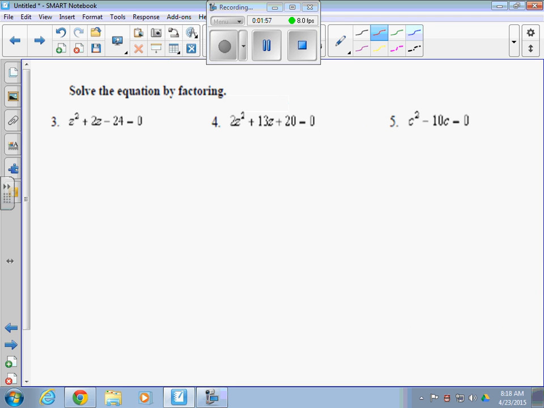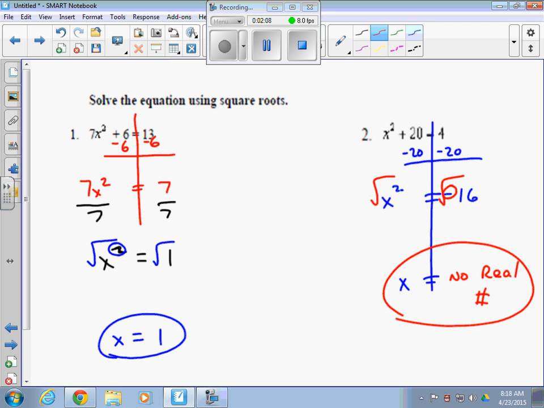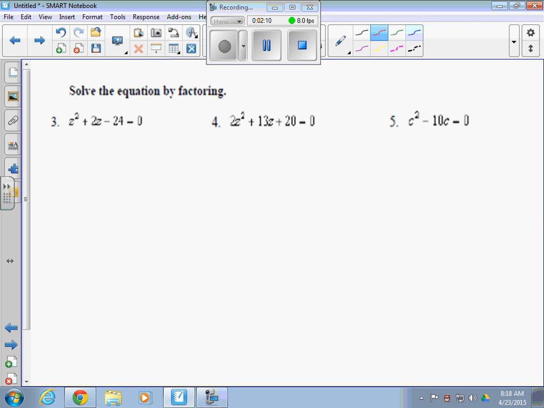Number 3 was solving these by factoring. Now you have something on the left is equal to 0. Unlike number 1 and number 2, where they had x squareds for those, these now are in standard form. They have z squared, then they have z to the first power, or in this first case, z, a variable. So what you need to do is you need to take the trinomial and you need to separate it into 2 binomials. When you separate it, z times z for the first one,